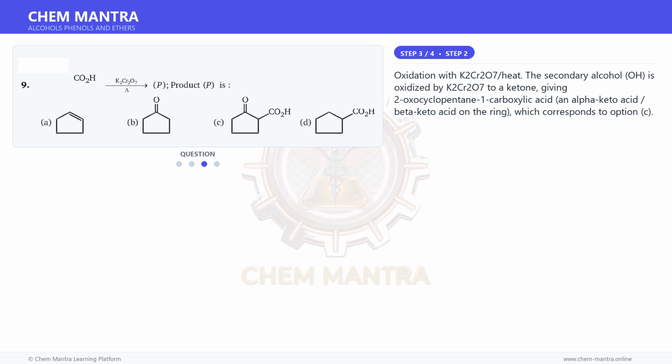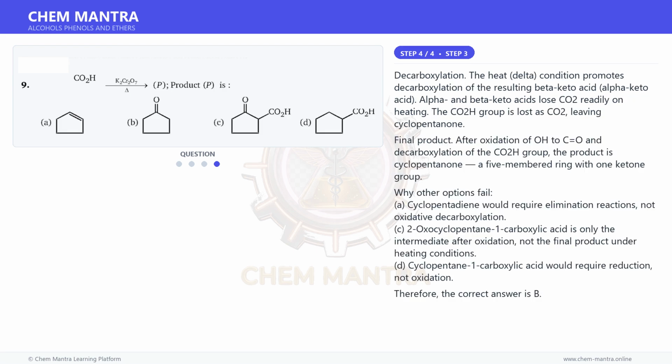Moving on to the next step. Oxidation with K2Cr2O7 and heat. The secondary alcohol, OH, is oxidized by K2Cr2O7 to a ketone, giving 2-oxocyclopentane-1-carboxylic acid, a beta-keto acid on the ring, which corresponds to option C. And for the final step,